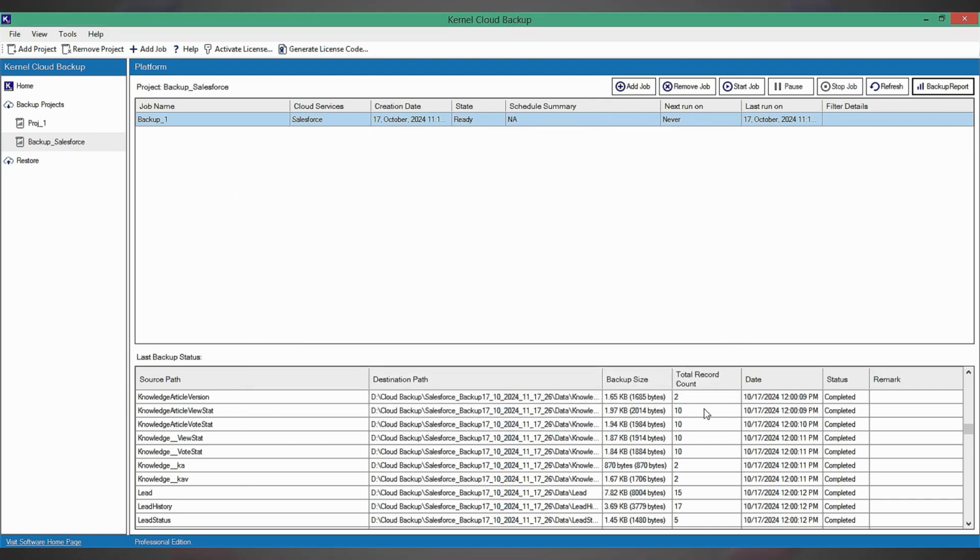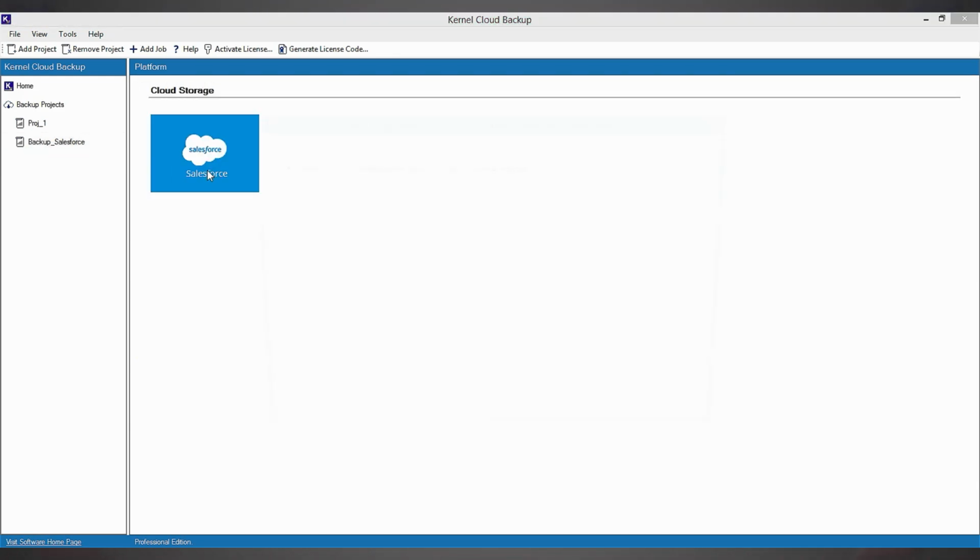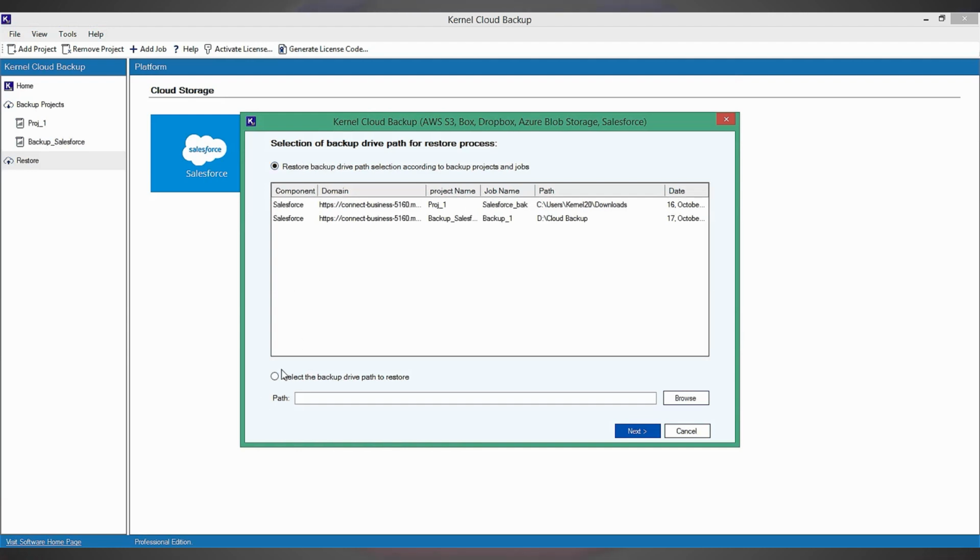As we have now completed the backup process, let's move ahead to learn how to restore Salesforce data from previous or existing backup. In the Kernel Cloud Backup tool, click on the Restore tab on the left pane of the window and then select Salesforce from the right pane. Now from the options, specify if you want to use previous backup or existing backups from your system's local or network storage. Select Restore Backup Drive Path selection according to backup projects and jobs or select the backup drive path to restore. Use the Browse button to provide the destination path to the existing backups and then click Next to